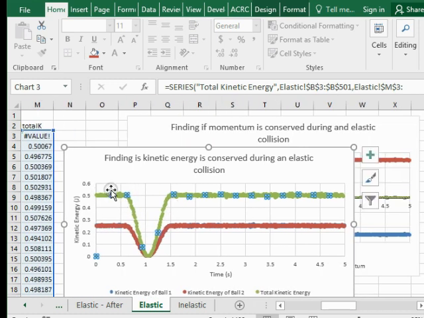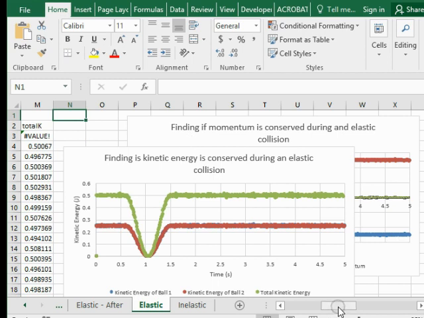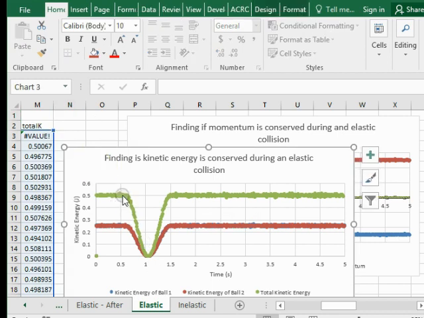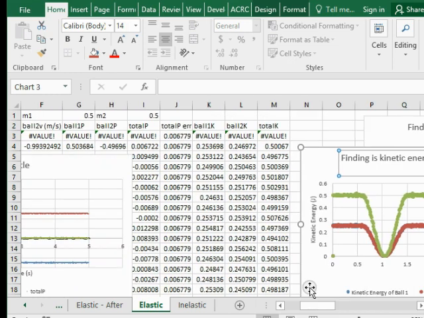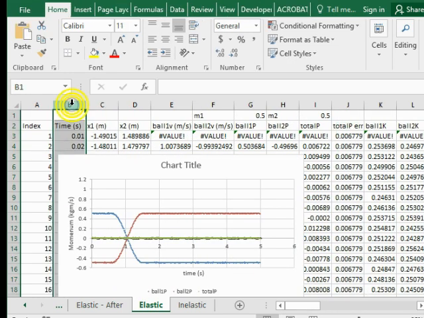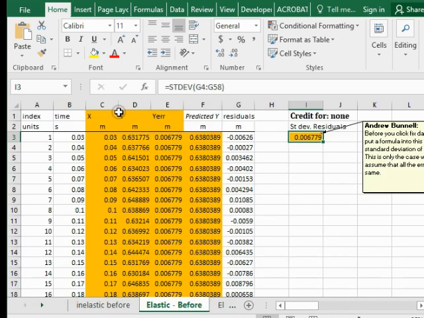And if you said that the velocity is the same, or sorry, the kinetic energy is the same before and after, well, you can't really definitively say that without doing further analysis. And so to do that analysis, you're going to need to find a point before the graph. Let's see if I can do that. So right here, I see 0.58, and you're also going to need a point after the graph. So let's see if I click on the graph, and there's 1.59. And so let's go ahead and copy the time column over to another sheet,